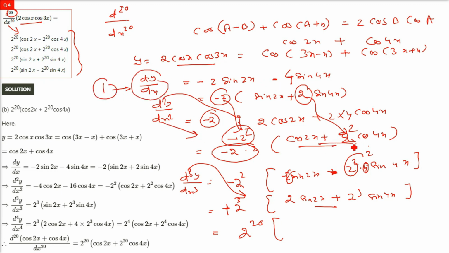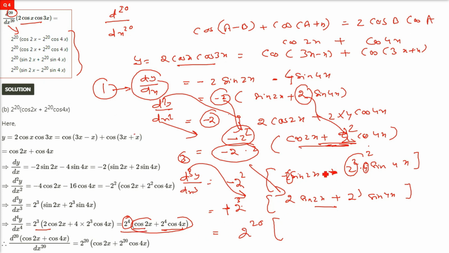This is the second differentiation, and we need the second and fourth differentiation to draw the pattern. The third one was this one. So you just have to take the second differentiation or fourth differentiation and see what the power is. Whenever we're differentiating, when we have d3y by dx3, it is minus 2 cube, to be more precise. And inside, on the second term, we also have 2 cube. So when we do d raised 20 by dx20, it will be 2 to the power 20, and the even one